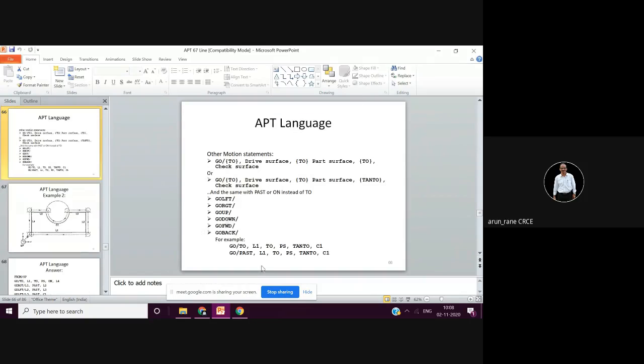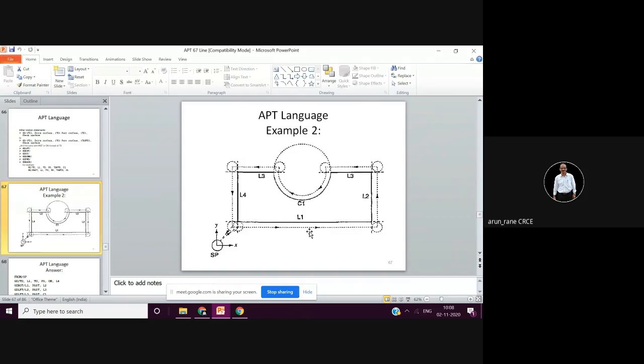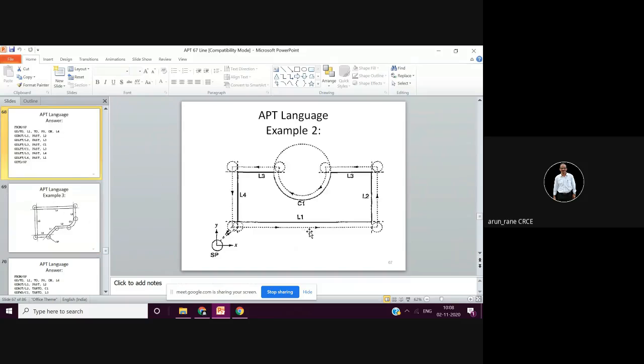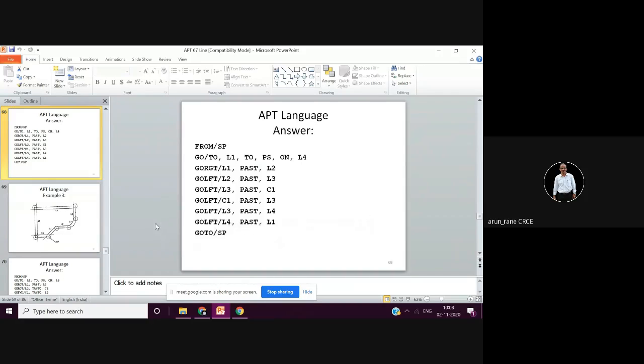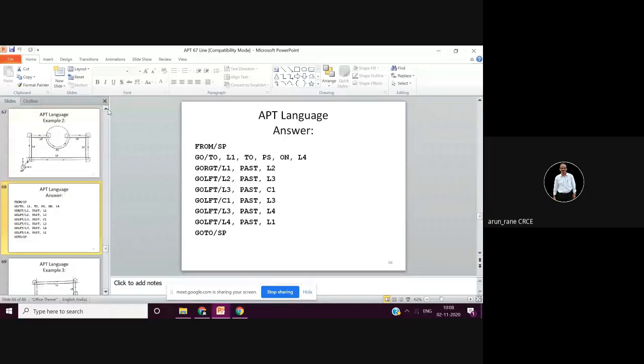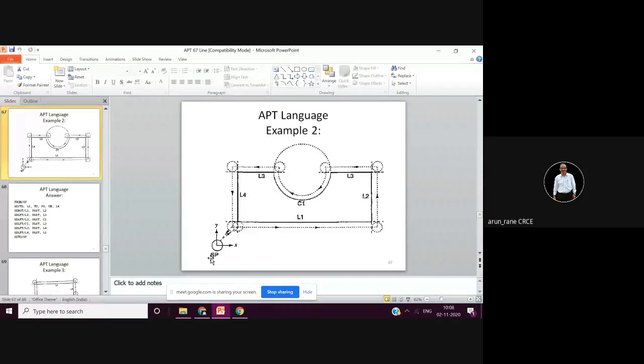Now this we are already familiar with, the APT language, like go left, go right. So this is an example for motion statements. Now you have to see this slide and this program.